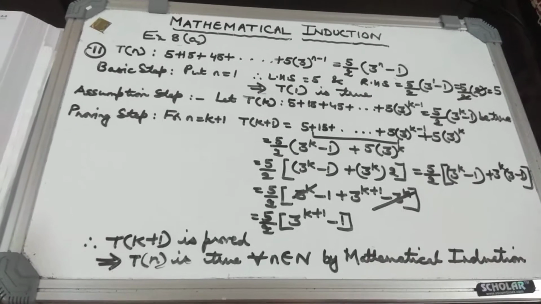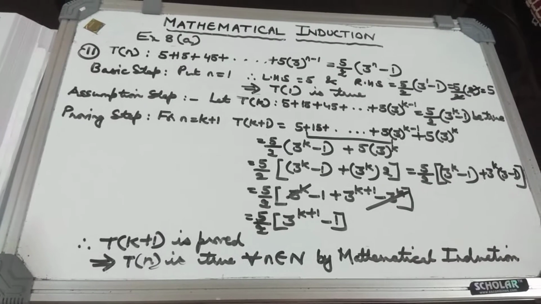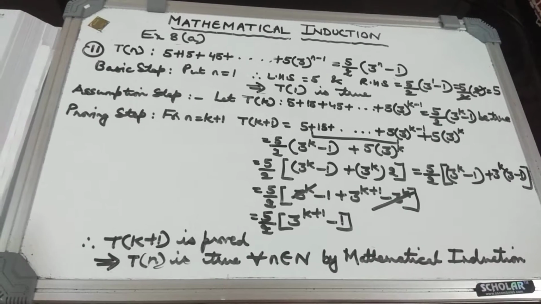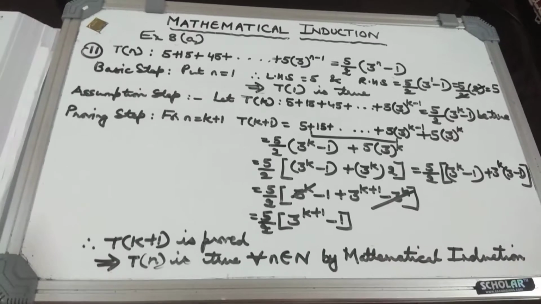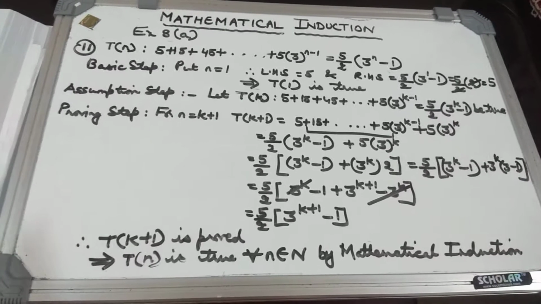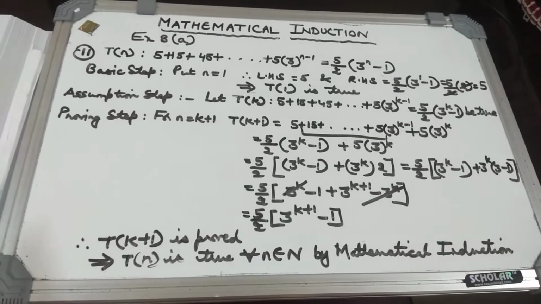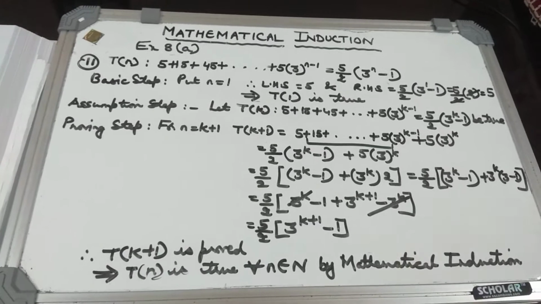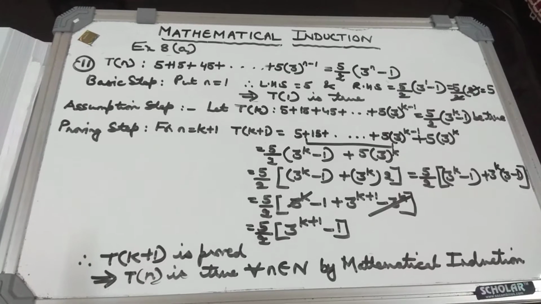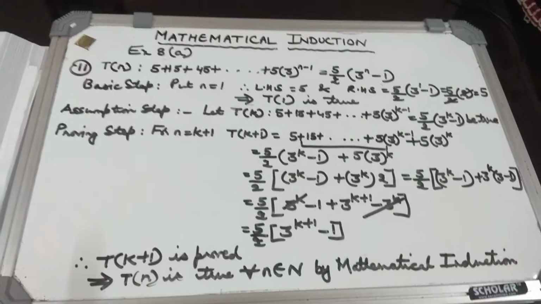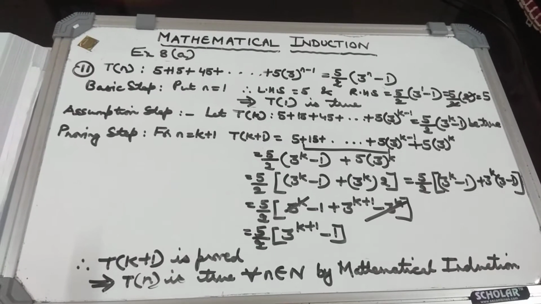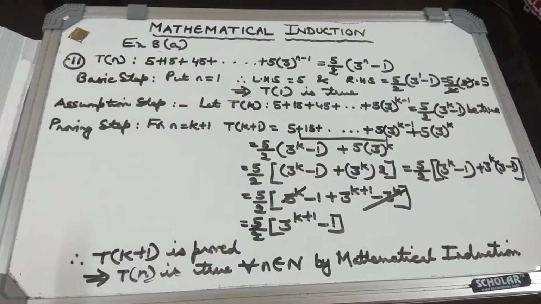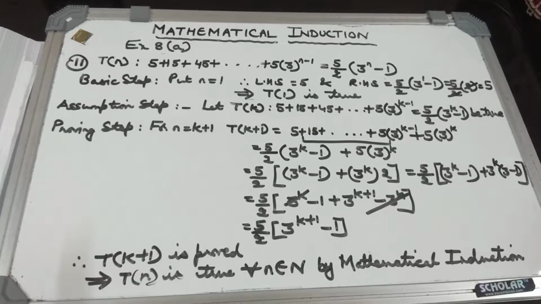But somehow many of you, while doing questions in examination, get stuck with the proving step. You only write the first two steps and that gives you simply 1 mark in the question. Don't expect more than 1 mark in the question if you don't write the proving step, because the major portion of the question or the solution is the proving step only.